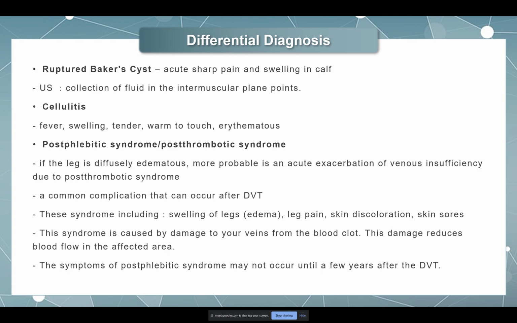Dia datang SOP. Tapi nampak macam legs tu macam tak swelling sangat. Tapi datang dengan SOP. Yeah. So I will just start treat as PE first. Tapi CTPA tu